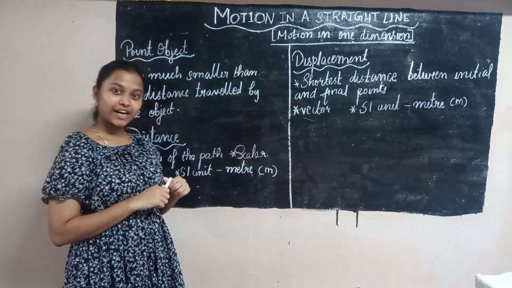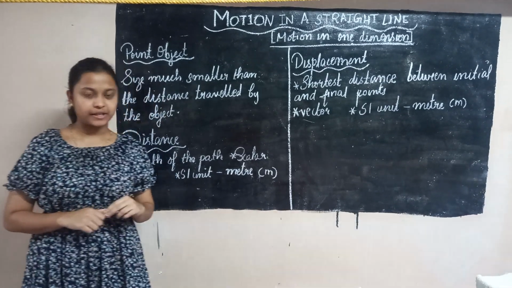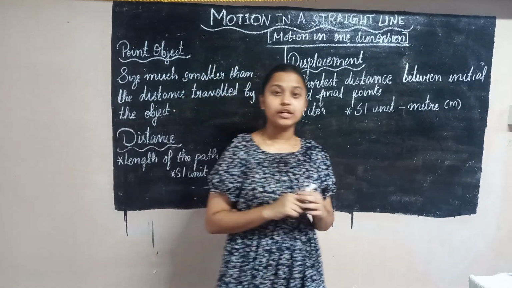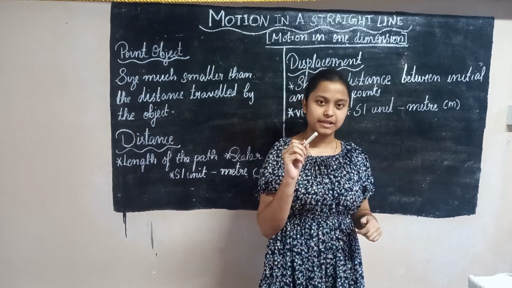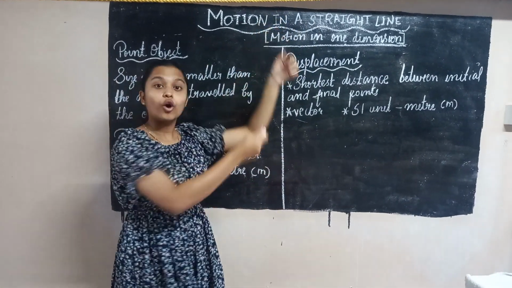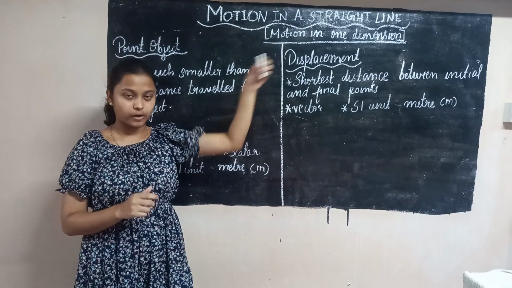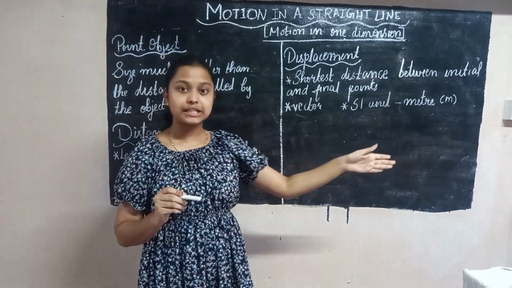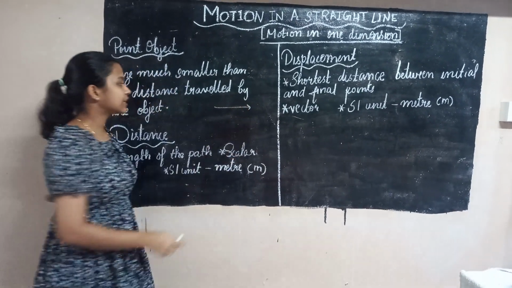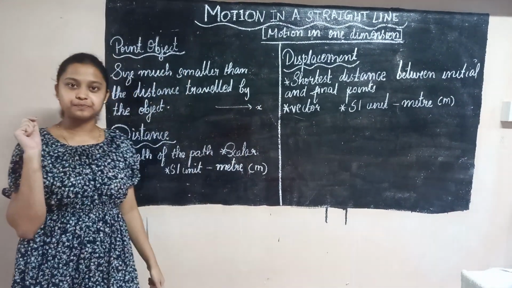Hi all, today we are here to deal with motion in a straight line, or motion in one dimension. One dimension motion is such that out of the three coordinates, only one is required to represent the object. For example, if I am releasing this chalk, only the y coordinate is required to represent the motion of this object, the chalk. If a car is moving in a straight line from this point here to here, only the x coordinate is required to represent the position of the car.